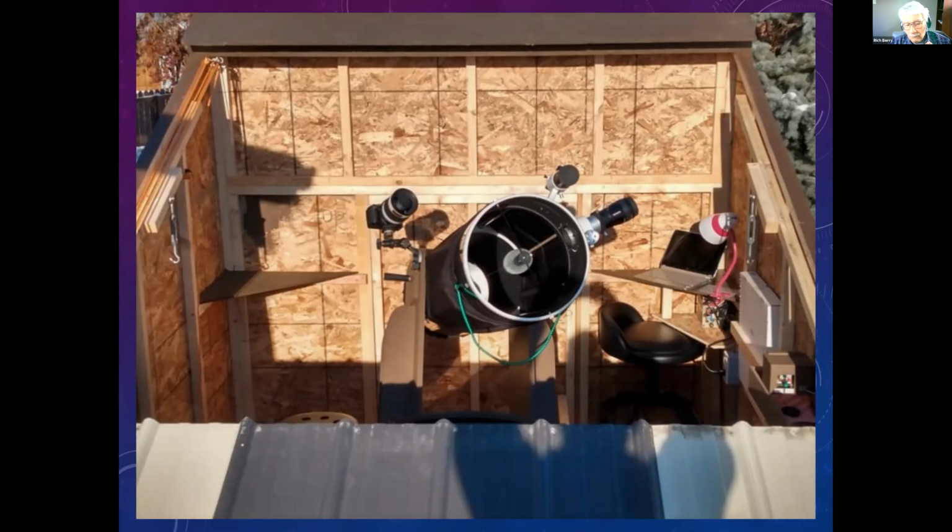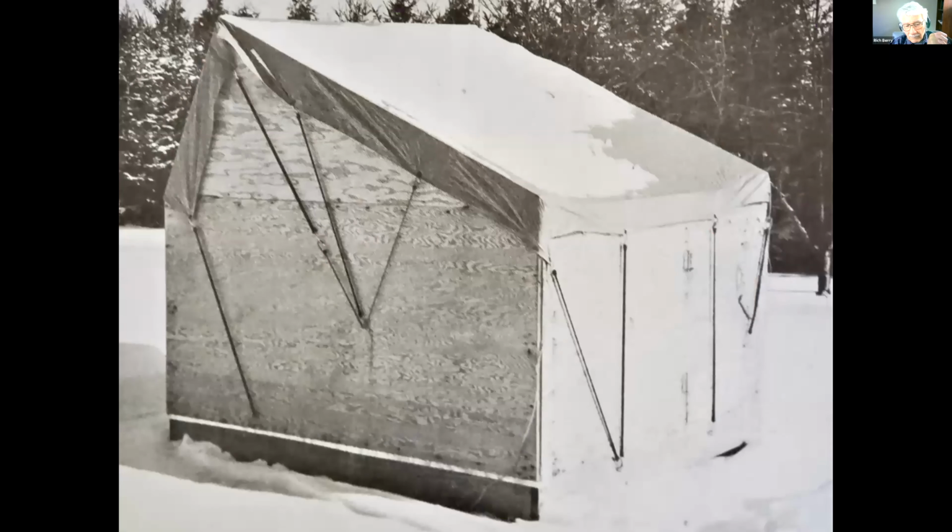And I would recommend that, at least for a start, you think in terms of about an 8-foot square as your starting size of your observatory. As soon as you start to get it bigger, it gets complicated and it stops being simple and something that you can build easily. Now,